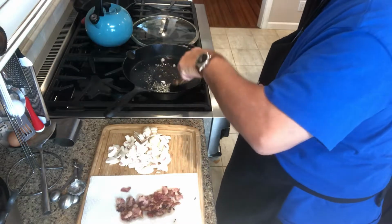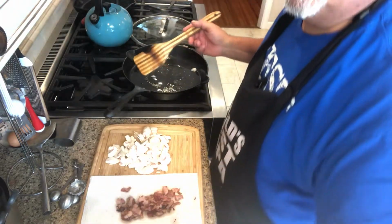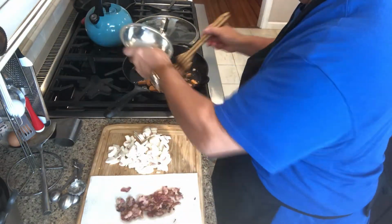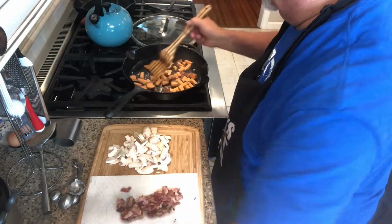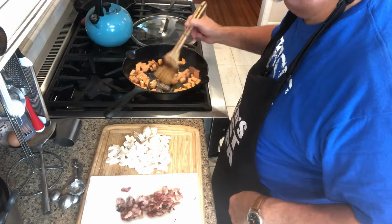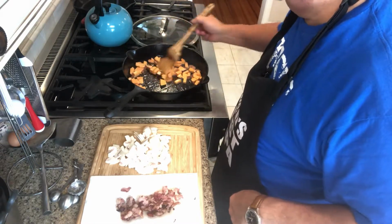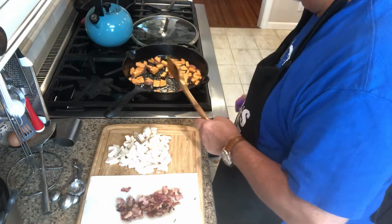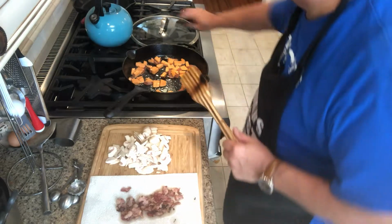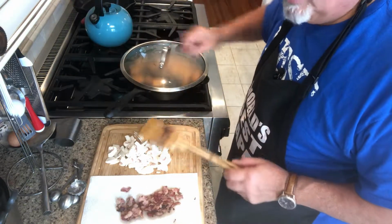I'm going to start out with the sweet potatoes. Sweet potatoes take the longest to cook, so I've separated them from the other vegetables. So I'm going to let these saute for a little while. Just toss them around so that they're coated. I'm going to cover them, and I'm going to let them cook for a couple of minutes until